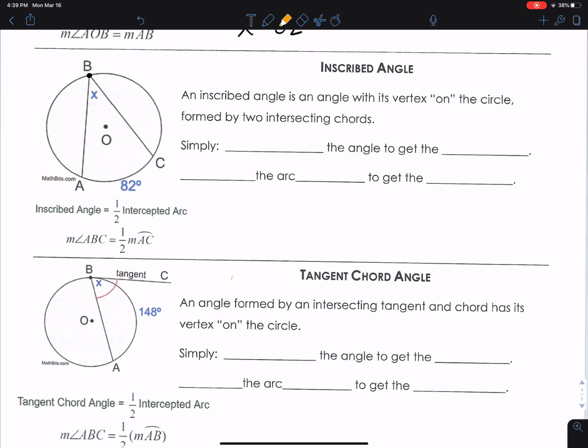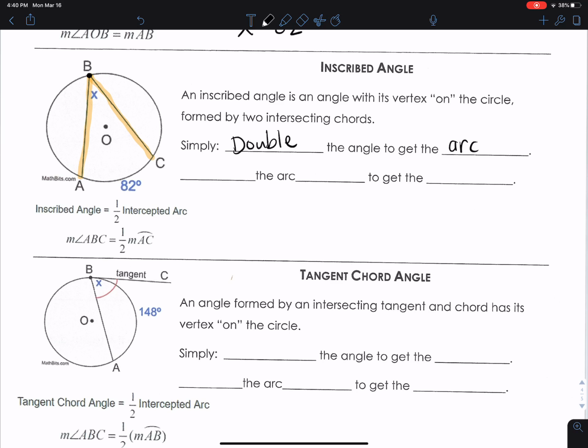are two intersecting chords. So remember, these are chords because they go through the circle and they have points on the circle and they go through the middle. So those are chords. So what we do is we either double the angle to get the arc,